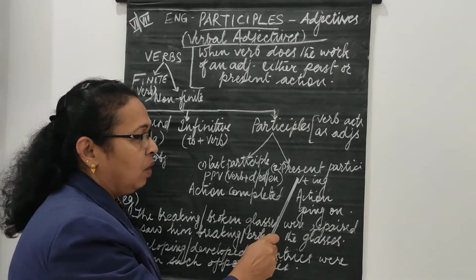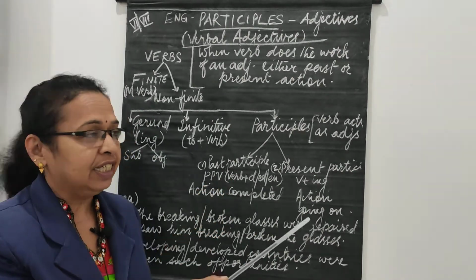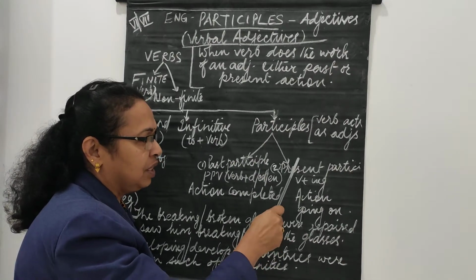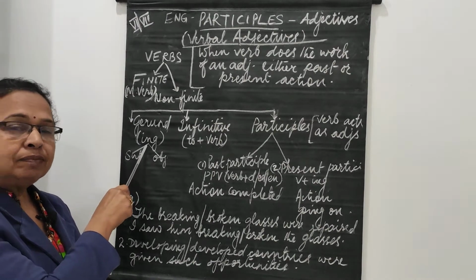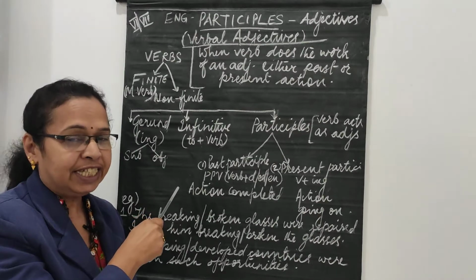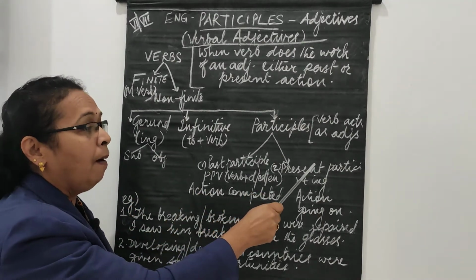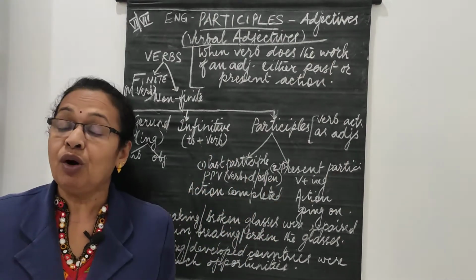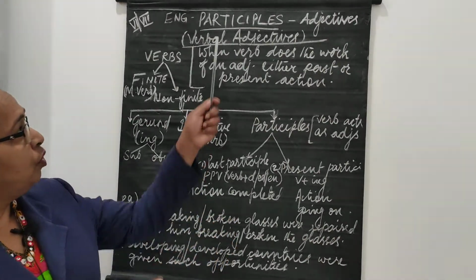So when verb plus ing does the work of an adjective in a sentence, it is called a participle, and verb plus ing is present, so present participle. Here verb plus ing, when it is used as a subject or an object in a sentence, is called a gerund. So do not get confused between present participle and gerund, because both are ing forms of the verbs. I hope it's clear.